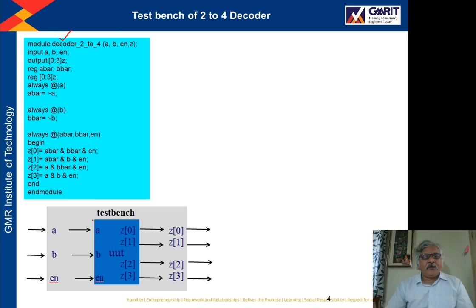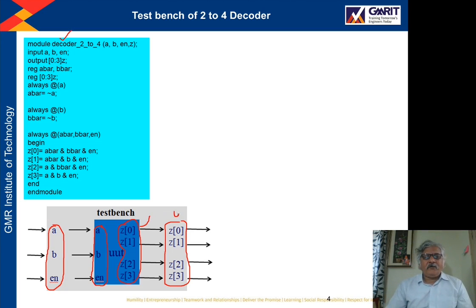So here the input ports of the unit under test are A, B, enable, EN, and the output ports are Z0, Z1, Z2 and Z3. And for the test bench, we have used the same names, A, B, enable. These ports are associated with the input ports of the unit under test, and the test bench ports Z0, Z1, Z2, Z3 are associated with the output ports of the unit under test.